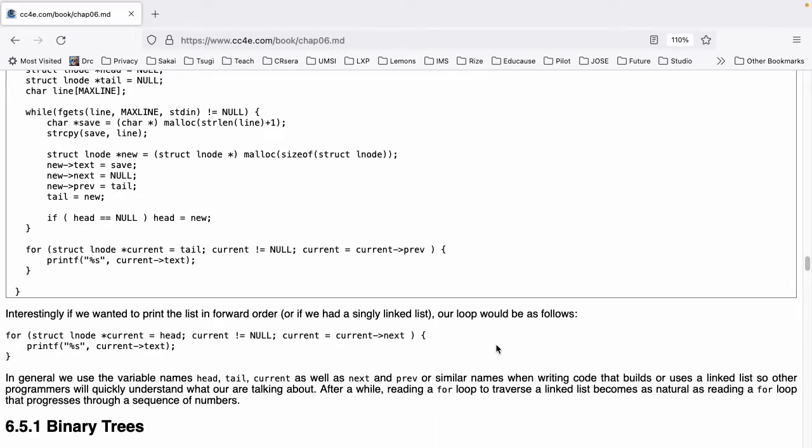Interestingly, if we wanted to print the list in forward order, or if we did have only a singly linked list, our loop would look as follows. for (struct lnode *current = head; current != NULL; current = current->next) { printf("%s", current->text); }